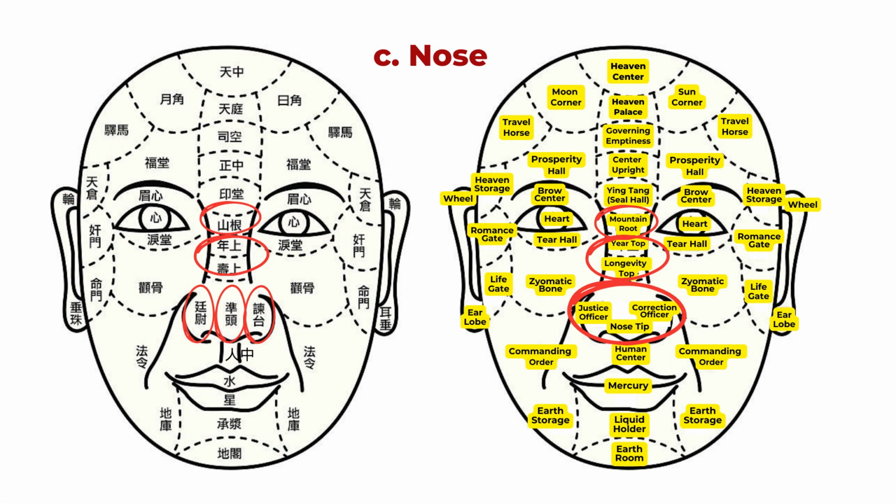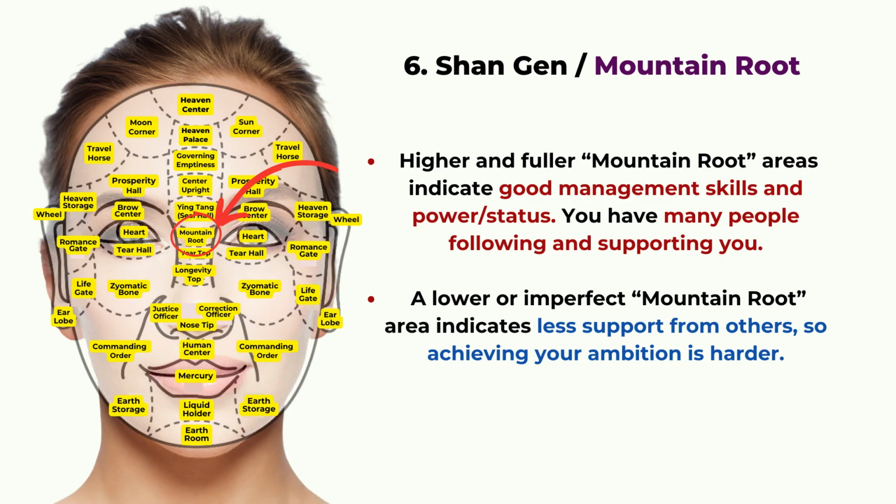The next section, we're looking at the nose. That includes the mountain root, the ear top, longevity top, the nose tip, and the justice officer and correction officer on both sides. So the mountain root or the sangan, this area indicates management skills and power or status. If this area looks good with the right proportion, right height, that means you have more people following you and